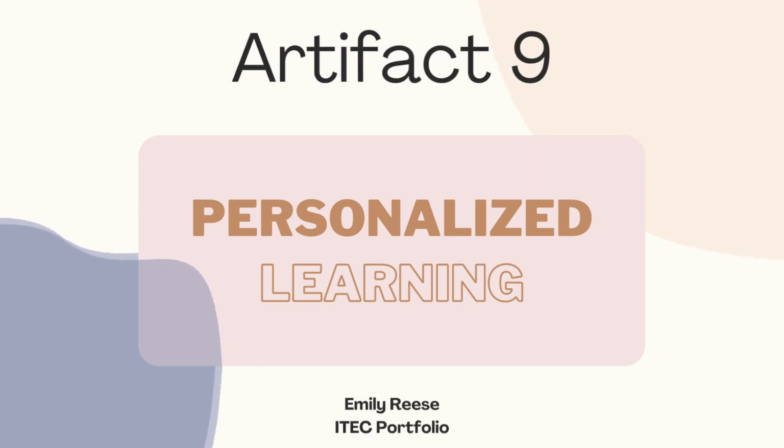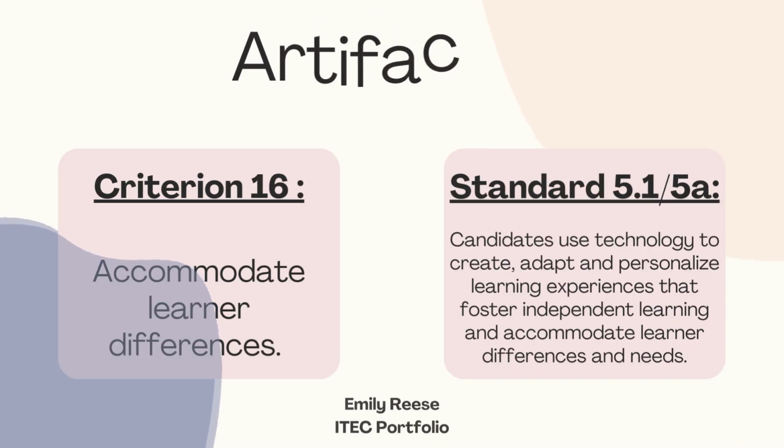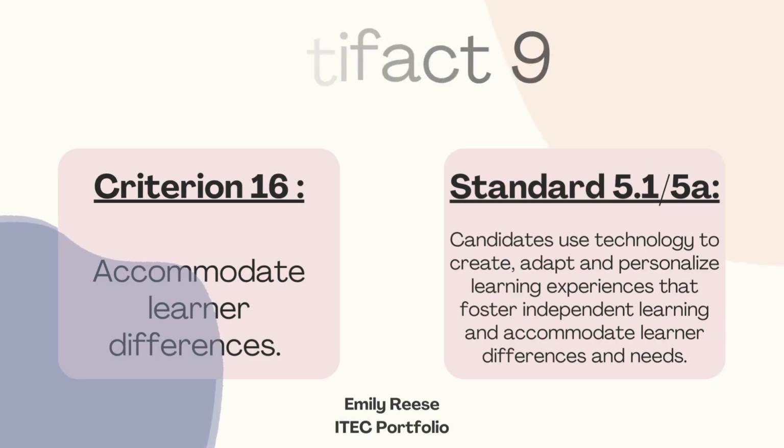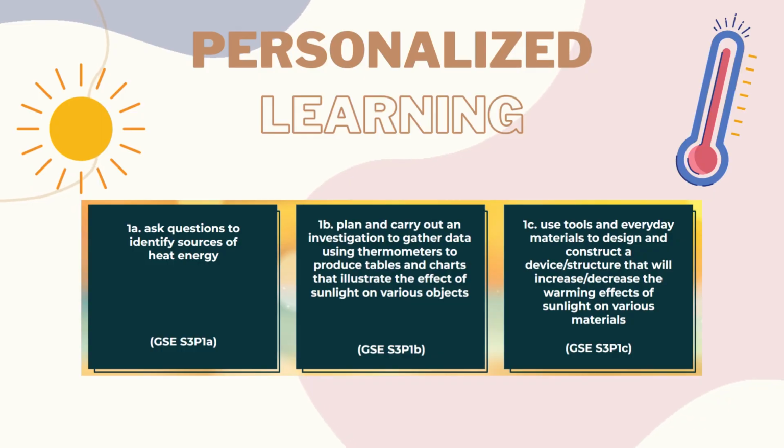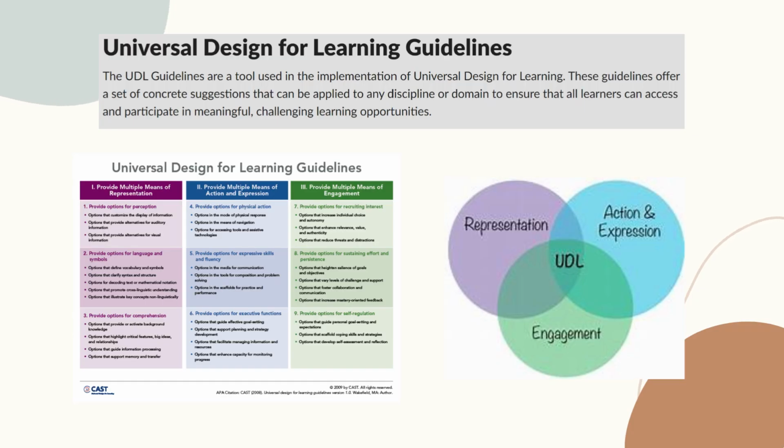I'm Emily Reese, and this is Artifact 9 for Criterion 16, Accommodate Learner Differences. I developed and implemented a personalized learning project in my third grade class for Unit 1 HEAT to target our science and STEM standards. I utilized the Universal Design for Learning guidelines to create a project experience that accommodated the